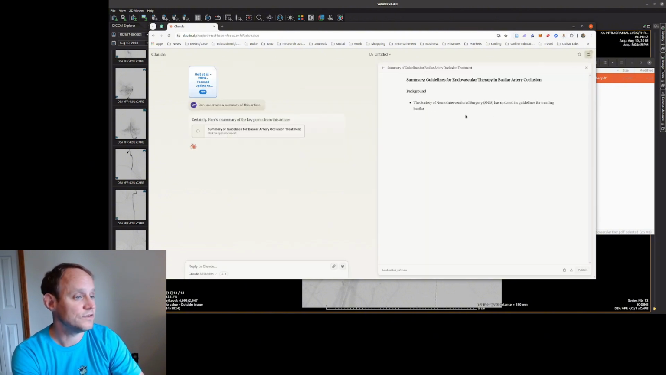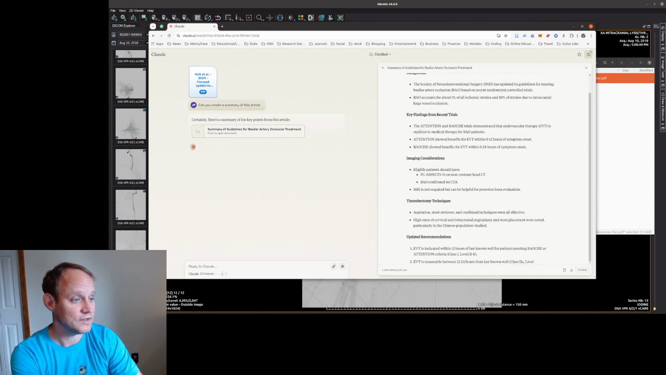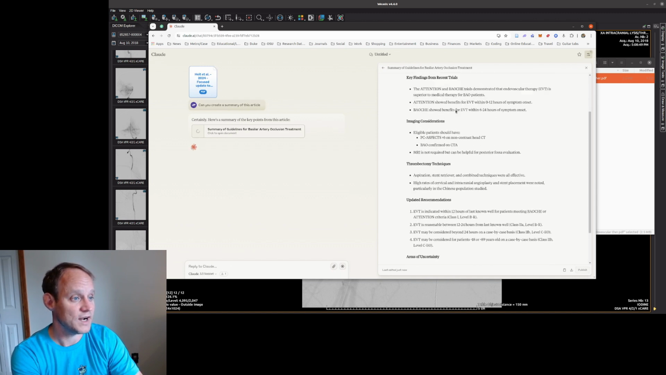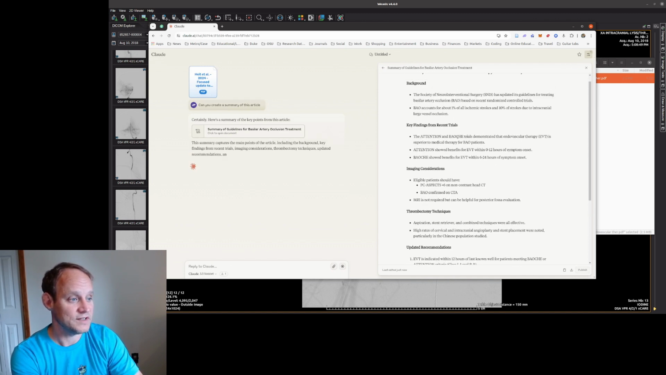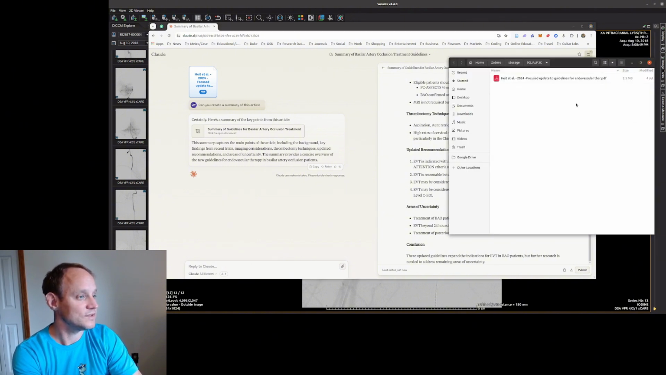All right, so here's the summary here, key findings. So it does focus, the article does focus on these more recent trials, which are ATTENTION and BAOCHE. Gives a good outline of everything that's discussed and the recommendations, but it's still not great to see what the updated recommendations are. There's no stats there. It doesn't really help me,